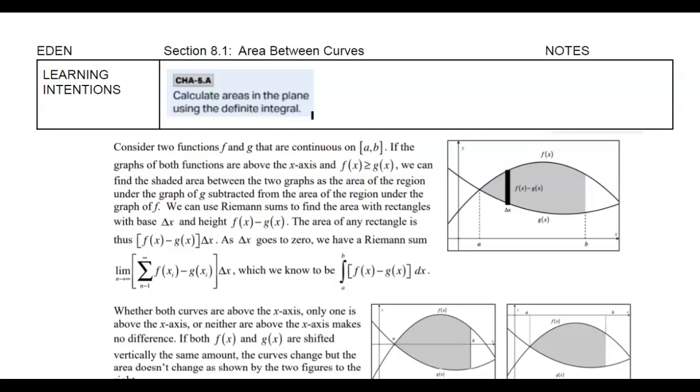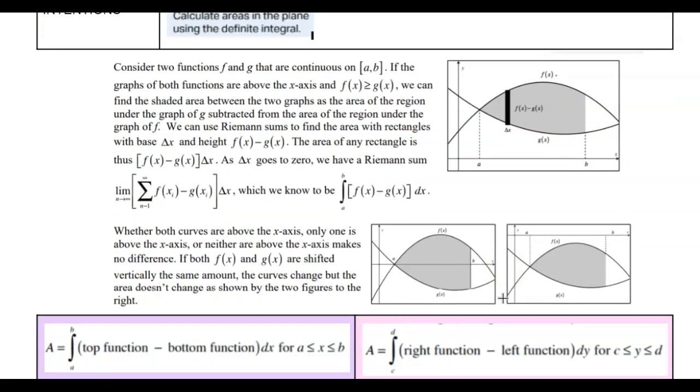But the main idea is we might have two curves like f and g, and they don't have to be bound by the x-axis at all. Notice if you look at these three boxes, I can move these regions through the axis, below the axis, above the axis. The area is going to be the same value, so its location is not really relevant. But the idea is if we take infinitely many thin rectangles, and I'm drawing like three concrete here, but you've got to think of pieces of paper thin. If you take a bunch of pieces of paper,